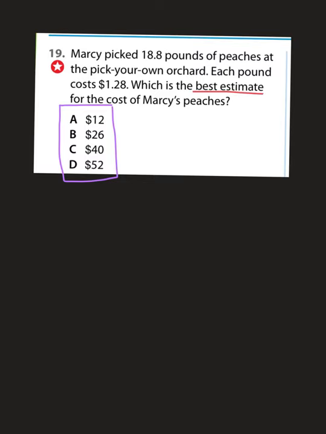So best estimate, that means I get to round, and she bought 18 and 8/10 pounds, and they cost $1.28. So I know I'm dealing with multiplication because that's the lesson, so I know my operation is multiplication. That part is at least done for me. Easy. Now I get to round. So I'm going to take 18 and 8/10, and I'm going to multiply that by